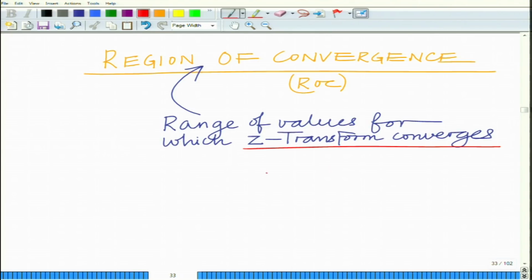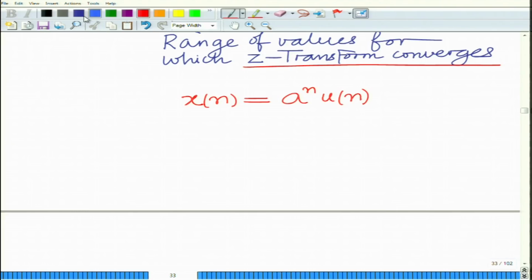For instance, consider x[n] equals a raised to the power of n u[n], where u[n] is the discrete unit step function, that is u[n] equals 1 if n is greater than or equal to 0 and equals 0 otherwise. So we are considering the signal x[n], which is a raised to the power of n u[n]. Now, the Z transform of this signal X(z)